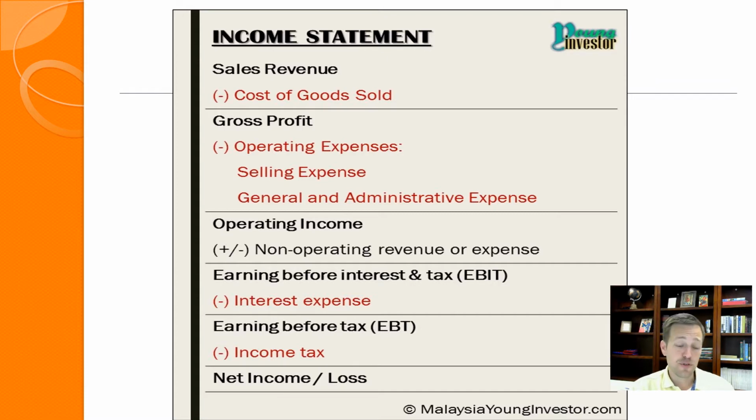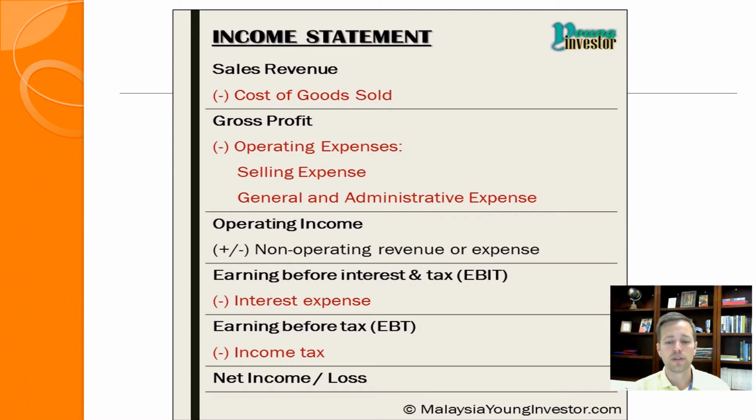Next is the interest expense. You want to subtract that out. Why do you subtract that out? Because you don't have to pay taxes on interest that you pay. And so you subtract that out and then you get your earnings before tax. All right. And then finally, you subtract out your income tax before you get the grand total that you go home with. I will say that,